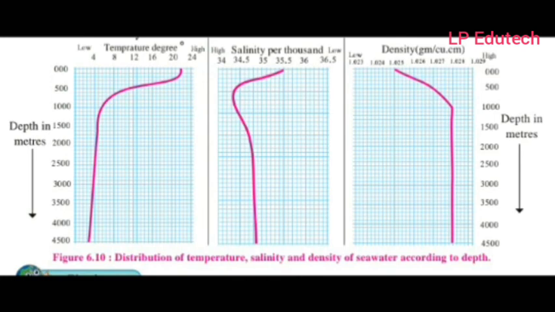The change can be seen up to the depth of about 500 meters. So till about 500 meters we can find the change. But after 500 meters and mostly after 1000 meters, there is no change, as it goes very straight. The slopes of the curves of the graph vary for all the three factors, but below the depth of 1000 meters, there is no change in all the three factors.